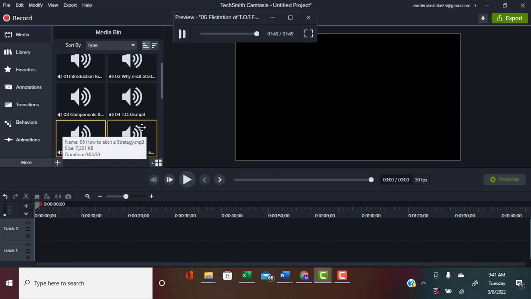Okay, so how do you elicit a strategy? Well, the first thing you do is you look at the person's eye patterns. And the eye patterns are on page 23. Let's look at those for just a moment. If you look at the eye patterns on page 23, and this is, by the way, a normally organized person as you look at them, you'll notice that there's visual construct, visual recall, auditory construct, auditory recall, kinesthetic, and auditory digital.